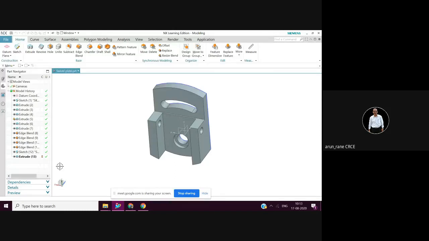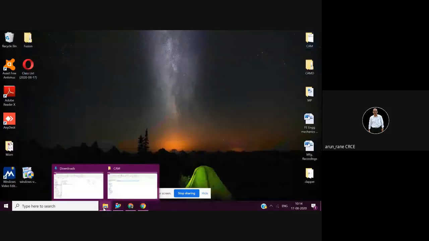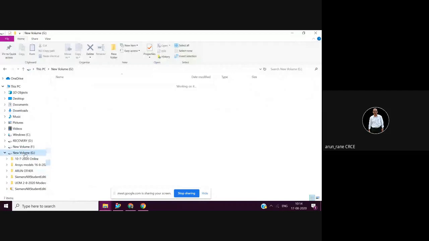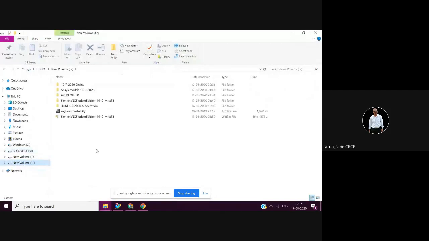So then you download in the root, or you can download in any other folder also. But the setup file you have to run in the root directory, that is C drive. 4.7 GB is the data. Now once you download, it will create its folder automatically, and that folder will look like this. Just showing you, this Siemens NX Student Edition.